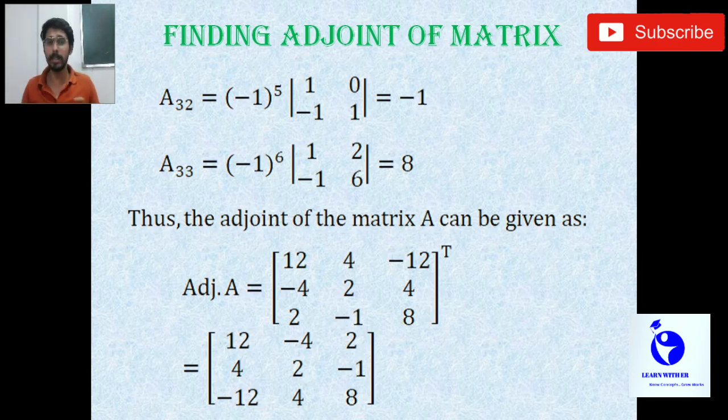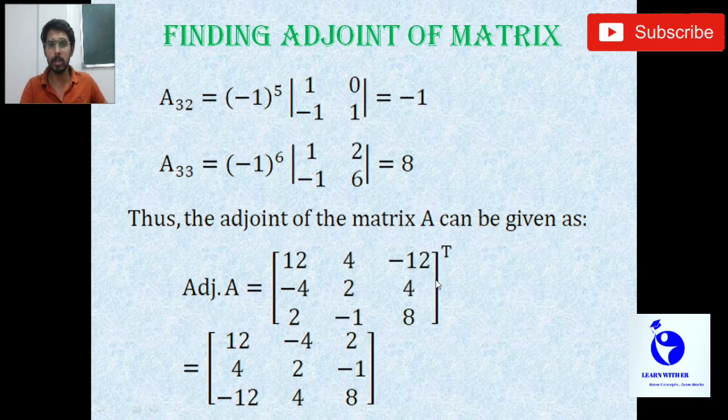Now this matrix needs to be transposed. That is why we have already given it the power of T. To the power of T means now we are going to transpose the newly formed matrix, which is part 2 of the process. What do we mean by transposing? That means simply we need to convert the rows into columns and the columns into rows for every element. So here the first row was 12, 4, -12. Now instead of being the first row, it will now be the first column. That is the only thing.